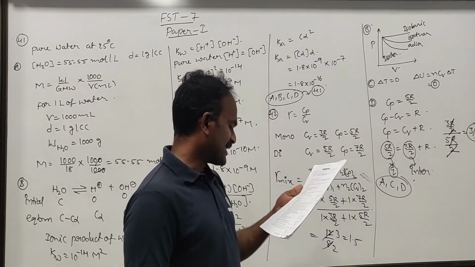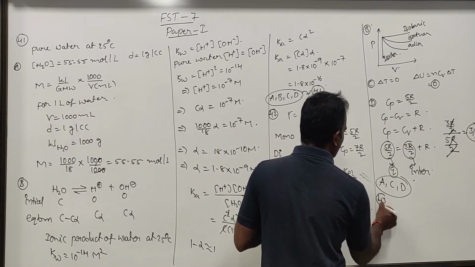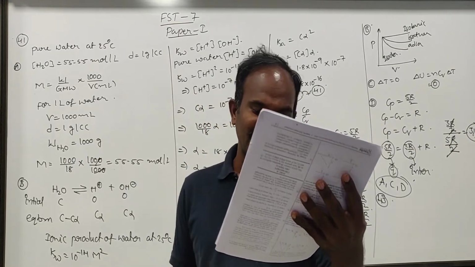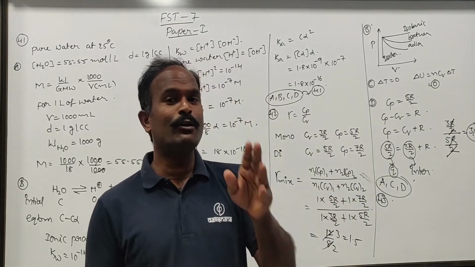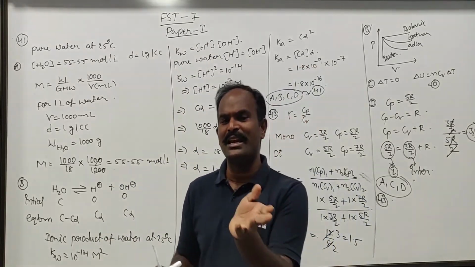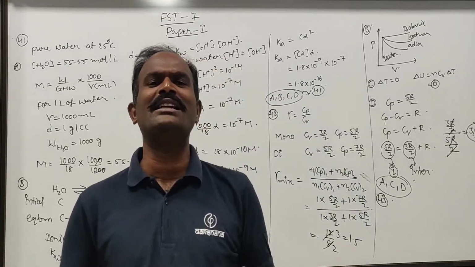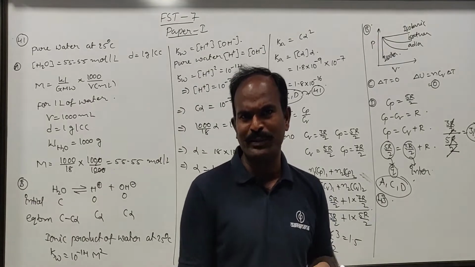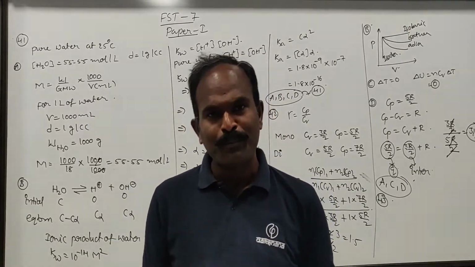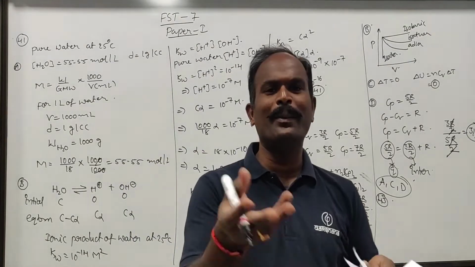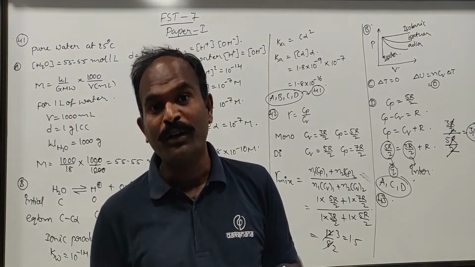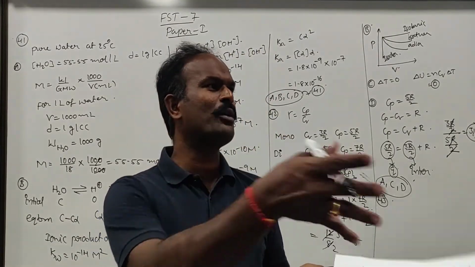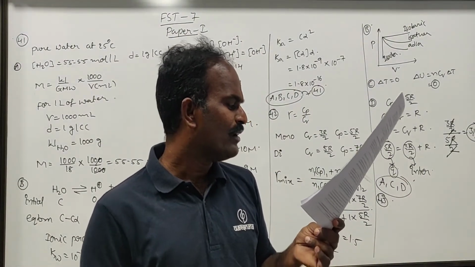True. Next, question number 43. Which of the following statements are correct for a lyophobic sol? There are two types of sols, as we know: lyophilic sols as well as lyophobic sols. In lyophilic sols, there is a force of attraction between the dispersed phase and dispersion medium. In lyophobic sols, there is no force of attraction between the dispersed phase and the dispersion medium. Lyophilic sols can be prepared by direct adding. Lyophobic sols are formed by special methods, Bredig's arc method or grinding methods. We can prepare them. Now let's see.